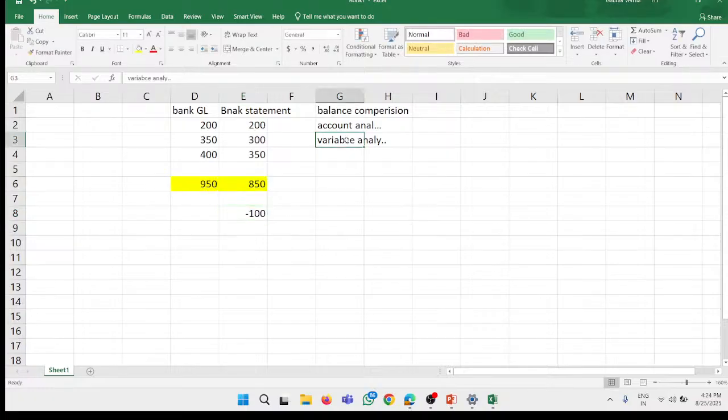Now in variance analysis, you can go for monthly, quarterly, or scenario wise. Suppose this is my ending balance of January, this is the variance for January. Then we have variance for Feb, which is minus 200. Then we have the balance for March,